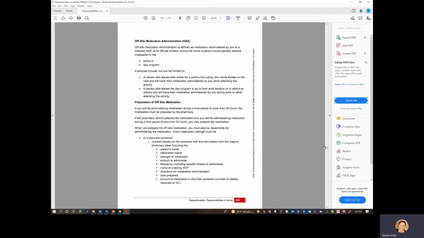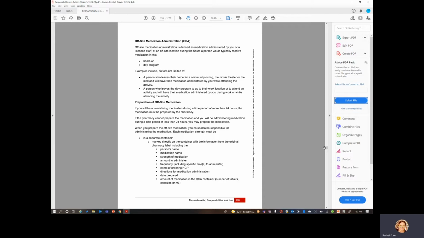Some examples might be a person who leaves their home for a community outing, such as the movie theater or going to the mall, and they'll have their medication administered by you, the MAP certified staff, while attending that activity. A person who leaves their day program to go to a work location or to attend an activity will have their medications administered by you, the MAP certified person, during their work or attending an activity.